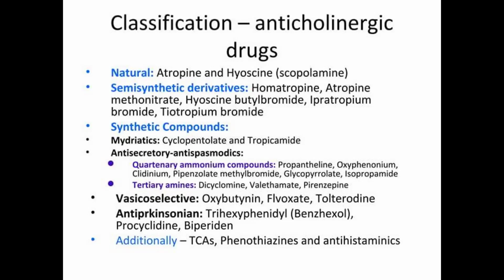Then we have anti-secretory antispasmodics. They have an anti-secretory action, and they also prevent muscle spasms. We have tertiary amines like dicyclomine, and quaternary ammonium compounds like propantheline, oxyphenonium, and glycopyrrolate. Glycopyrrolate is a very good drug used prior to surgery. Initially we used atropine, but glycopyrrolate has very low action on the receptors of the heart, so we have an anti-secretory action. We can go for inhalation anesthesia with the benefit that it is not going to affect the heart, so we don't have to look for the tachycardia which will be caused by normal atropine.